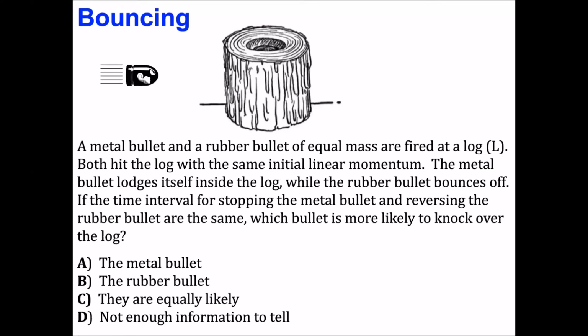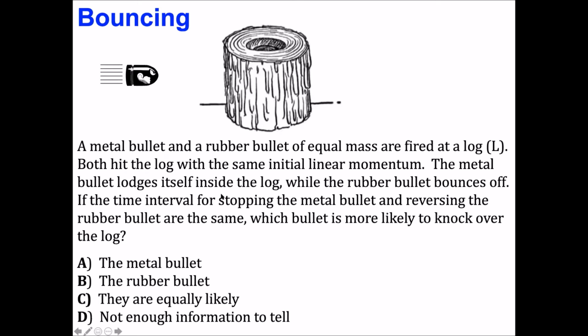Let's have some fun exploring this bouncing problem. Again, what we have is a metal bullet and a rubber bullet that both have the same mass that are fired at a log. Both are going to hit the log with the same initial linear momentum, but when the metal bullet strikes the log, it's going to penetrate the log and basically come to a stop somewhere inside the log, whereas when the rubber bullet strikes the log, being made of some sort of elastic material, the rubber bullet's going to bounce off and travel back in the direction it came from with the same speed that it hit